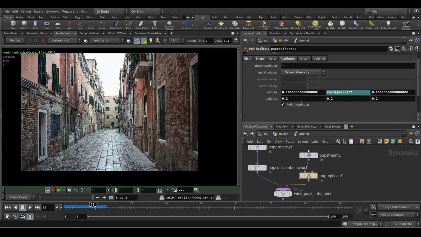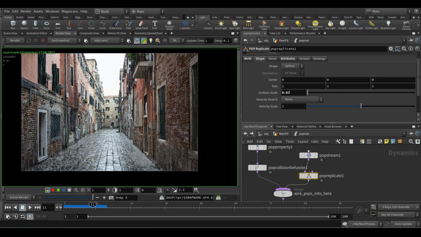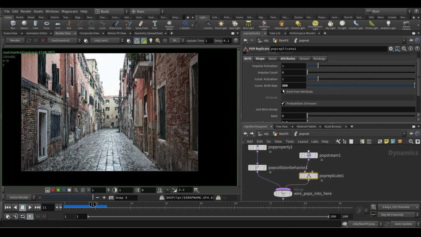This is basically what velocity the splash has to get, and the variance of that velocity. And in the shape, how do you want that replicate to fall, like a sphere or anything else. My splash looks like a spear, so I want a spear kind of replicate, with the uniform of this one. And I changed the birth rate to 300.